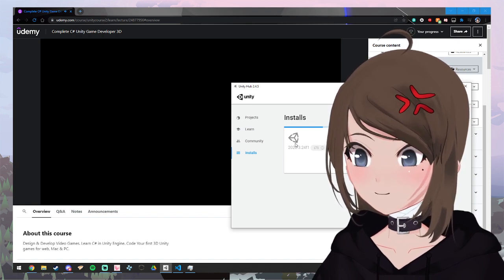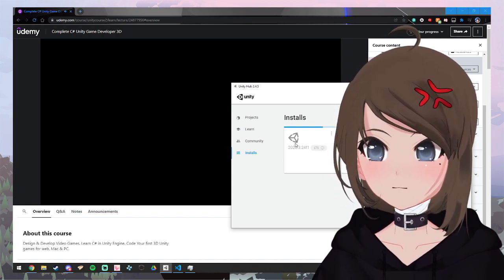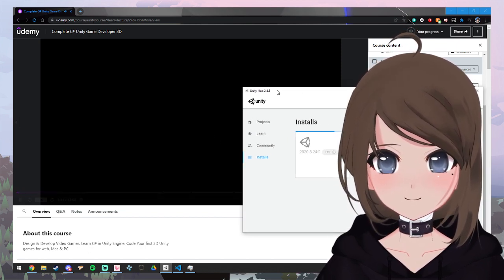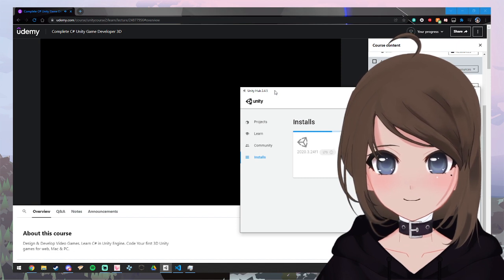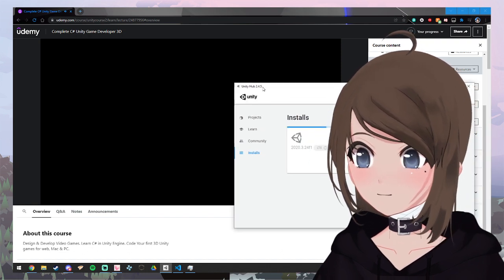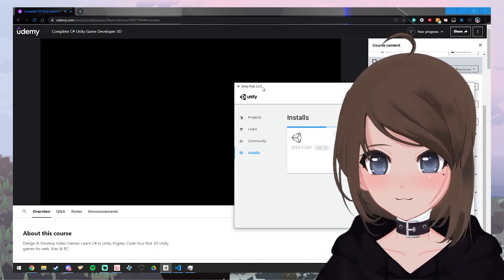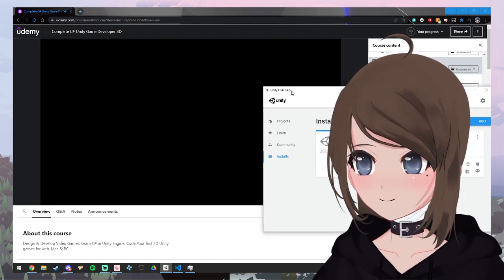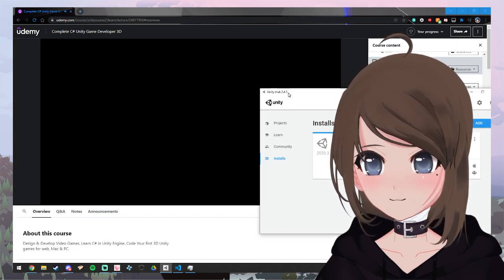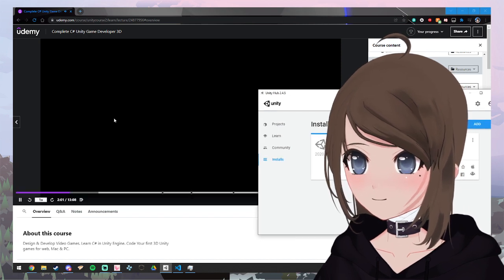Got a couple of templates we can select from. We're making a quick little 3D project, and I will rename this to be Experimenting. Not something we're going to keep. We're just playing around in the engine for now. If you want to change the location, you can click the three dots. I'm going to jump back to repos. I'll actually create myself a new folder here. Unity 3D, I'll call this, to reflect the fact we're in the Unity 3D course. Double click on that and then select folder. That will create my experimenting project within my repos Unity 3D folder. Like I say, you can put it in whatever location you like. Just make sure you know where it is so you can find it later on. Click on create and we're creating our first Unity project.